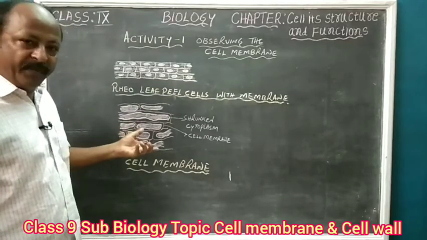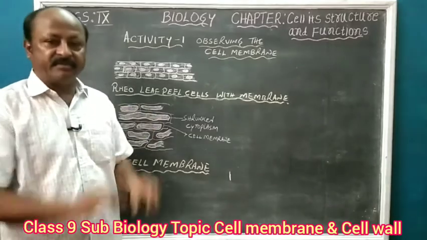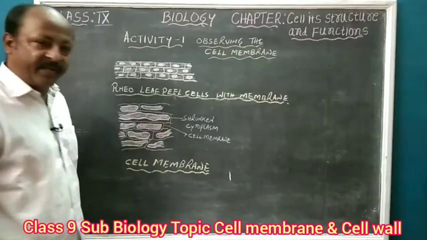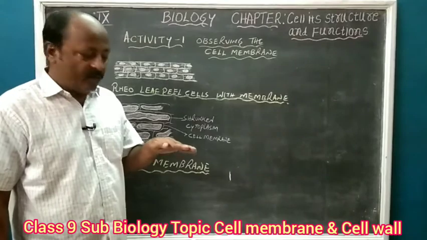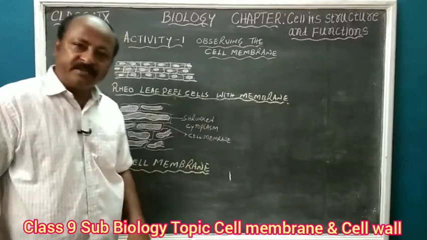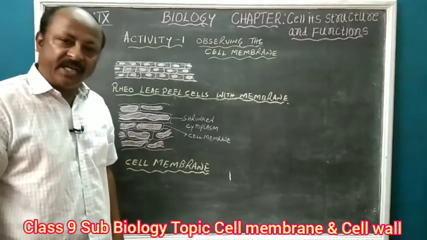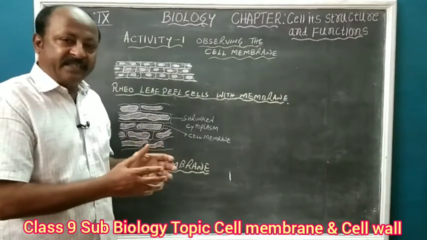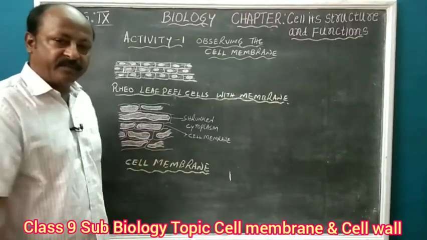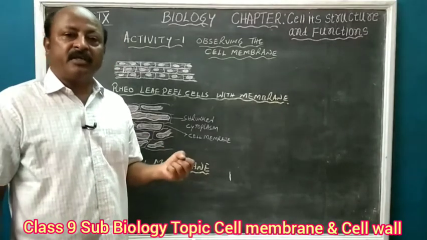In the second picture, we can see the cytoplasm getting shrunken, and you can see the outer covering, outer layer. This is the cell membrane. Earlier the cell membrane was present attached to the cell wall like this, but when we added salt solution, the cell membrane got separated from the cell wall and the cytoplasm got shrunken. Why did this happen? Because when we added salt solution to the cells, the water present inside the cell got out, thereby the cytoplasm got shrunken.